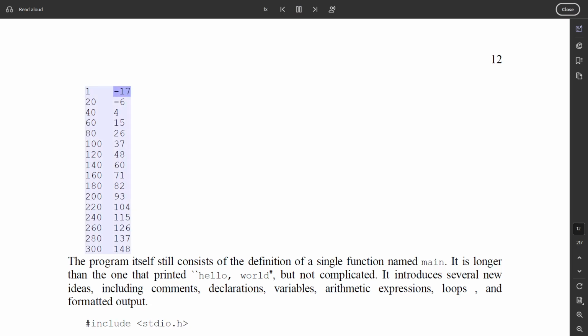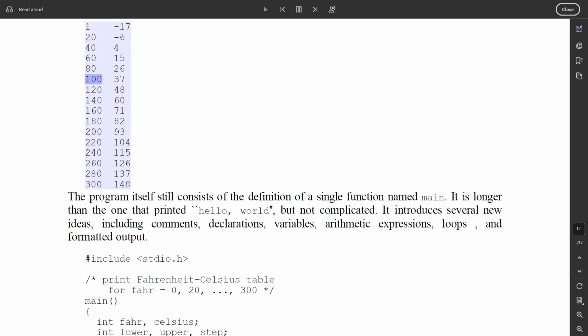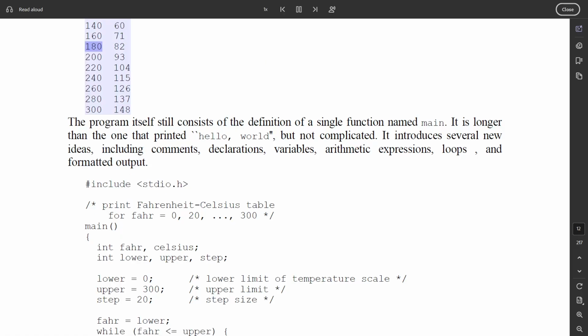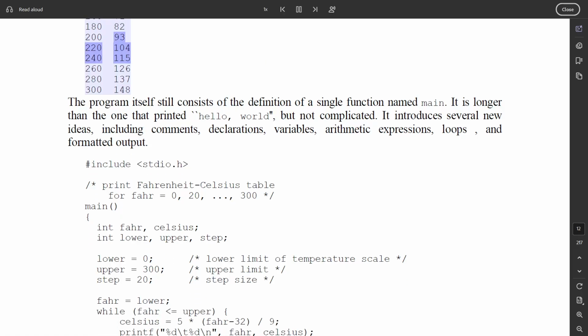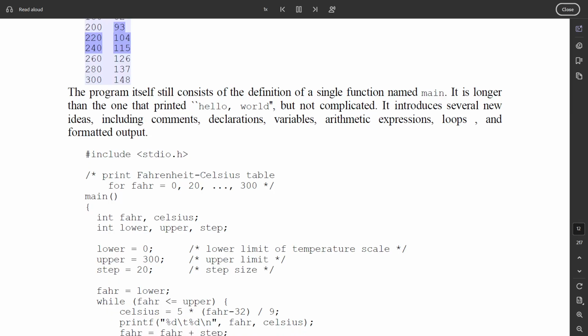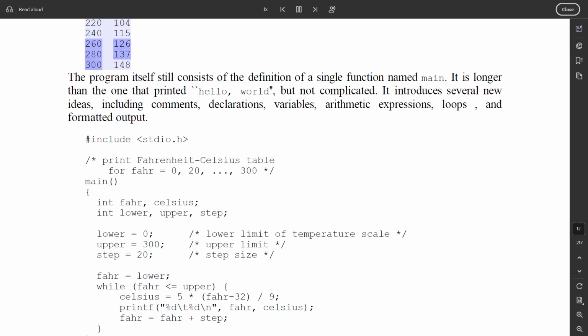1 - 17 20 - 6 44 60 15 80 26 137 120 48 140 60 160 70 1 180 82 293 trillion 220 billion 104 million 240,000 115 260 trillion 120 6 billion 280 million